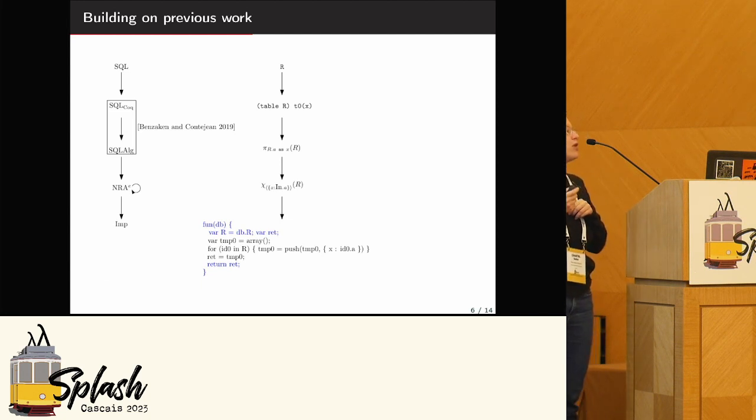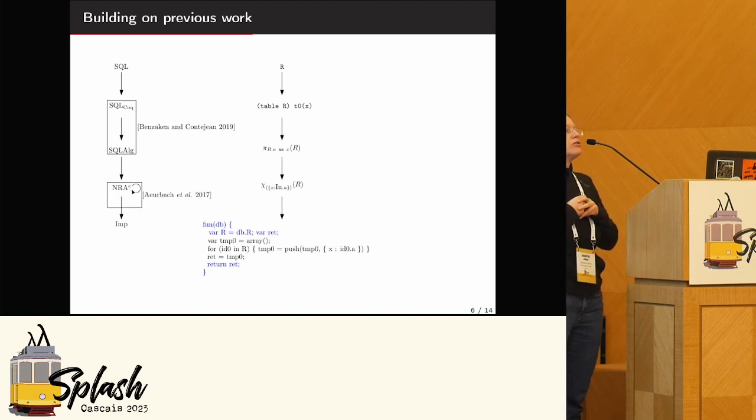And the second work is the nested relational algebra with optimizations and with the compilation to another language, which I'm going to detail later. So these two works were already existing, and what we do is to bridge the gap between them and also to bridge the gap with standard SQL and a backend language.